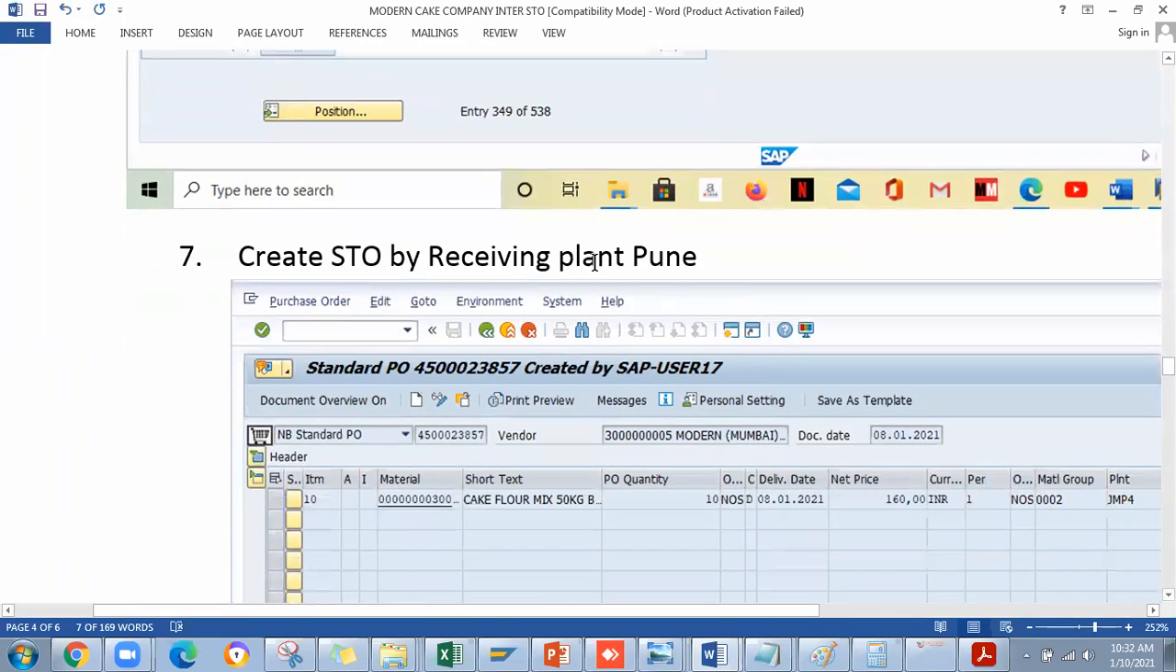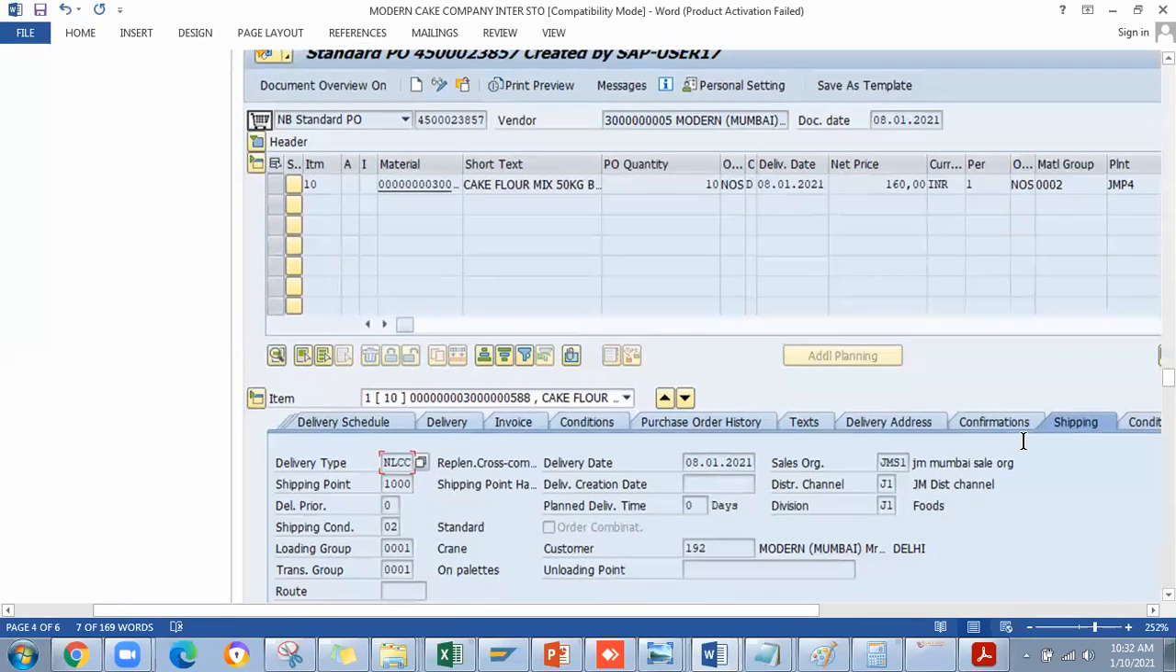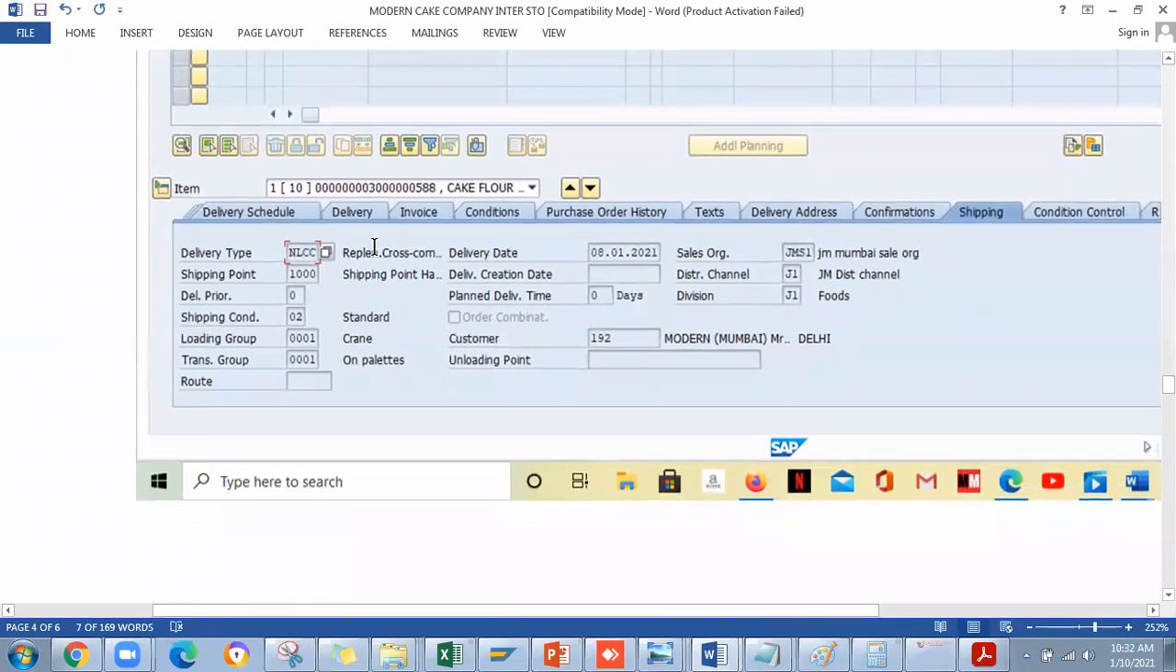Create STO by receiving plant Pune. Okay, this is the creation of a purchase order in the plant JMP4, which is looking for a material from the supplying plant. The material number will be used here. Cake flour mix is a raw material, and you can see the shipping tab is triggered here, right? In this shipping tab, you can see the shipping point is 1000, which you could see in the shipping point determination. The shipping point is 1000, the condition is 02, and the loading group and transportation group will be taken from